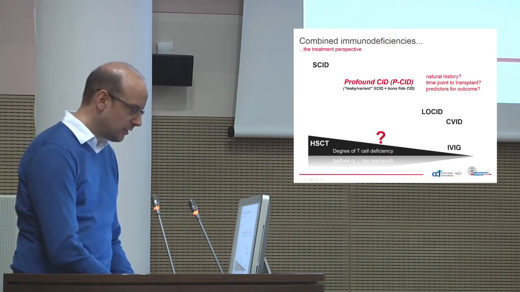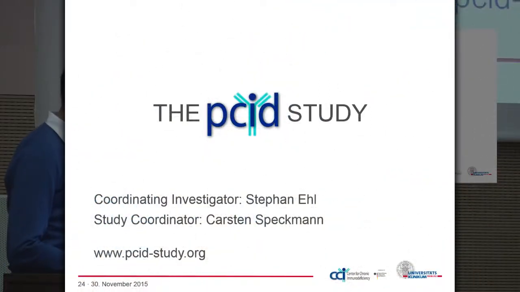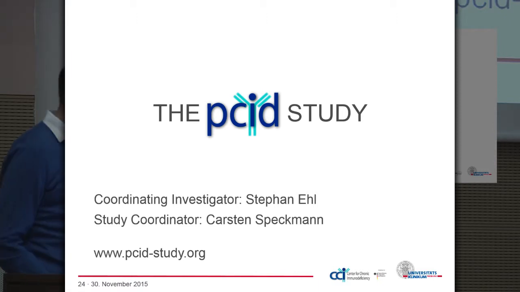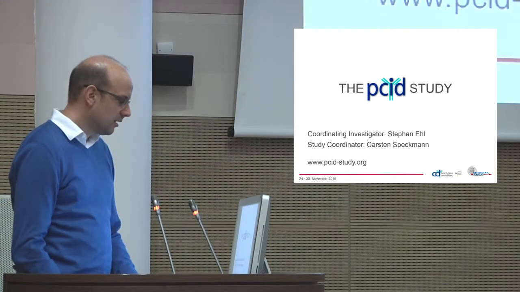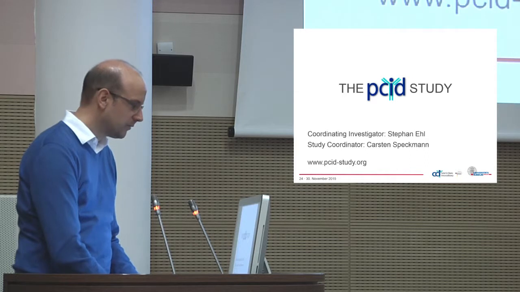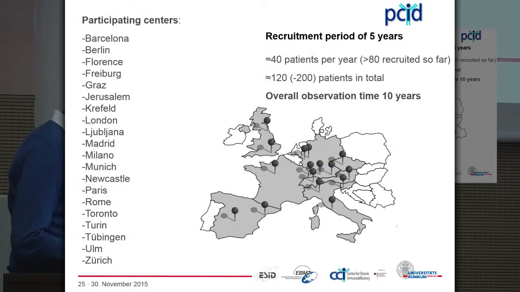the burning question that was driving us to initiate a new study 3 years ago. And this study is called the PCID study, derived from profound combined immune deficiency. It's a study that Stefan is coordinating and has been set up as an international multi-center study to really collect as many of these